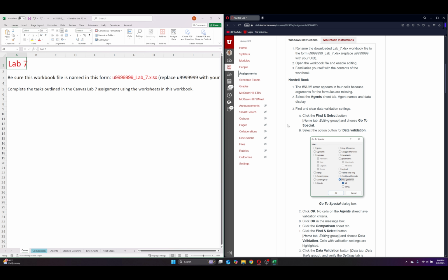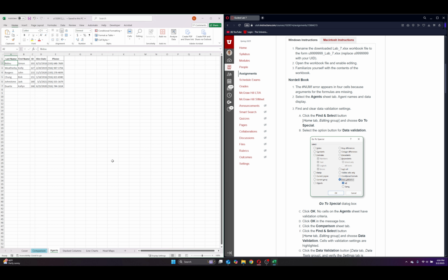Starting out with step 1, let's look at our agents tab and look over what we have here. We have 6 different agents. We have their last name, their first names, they have IDs, hire dates, and a phone number. What we want to do here is make sure if there's any data